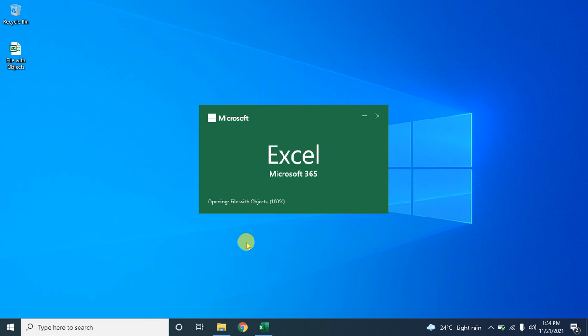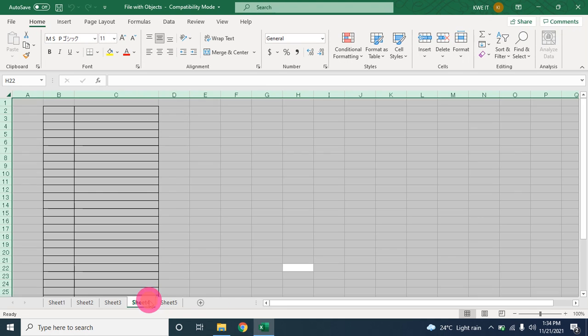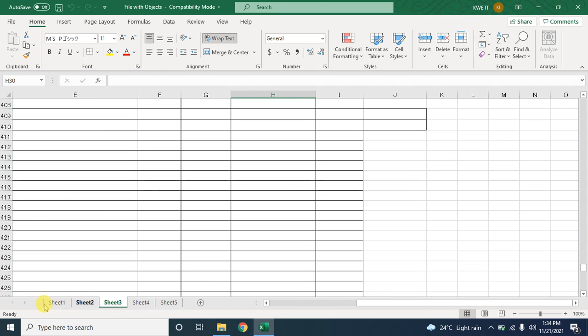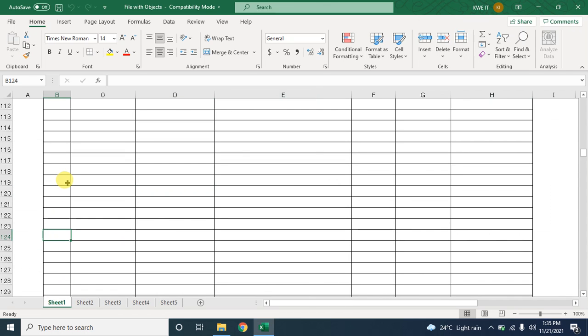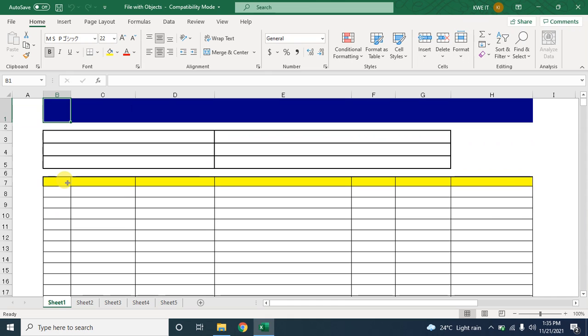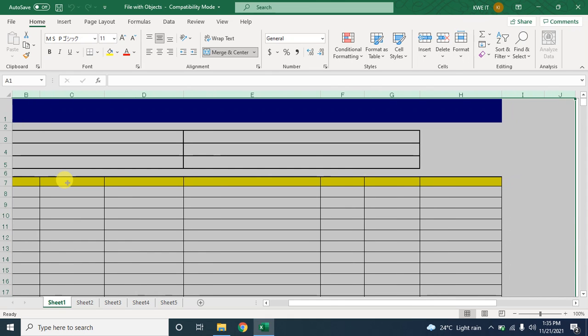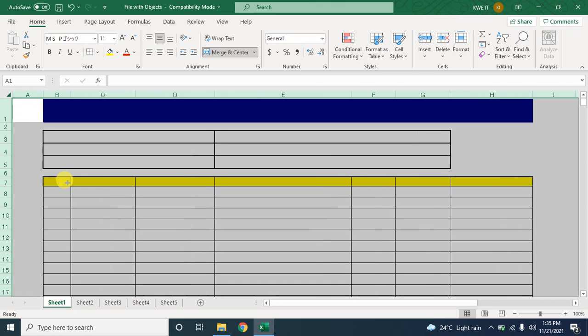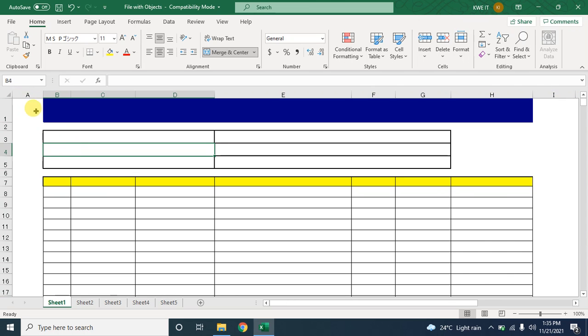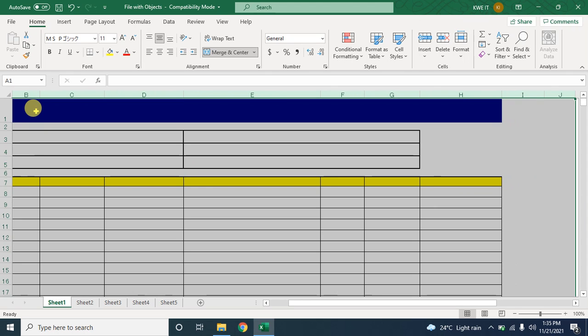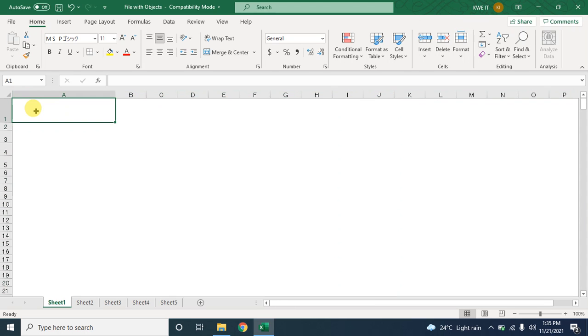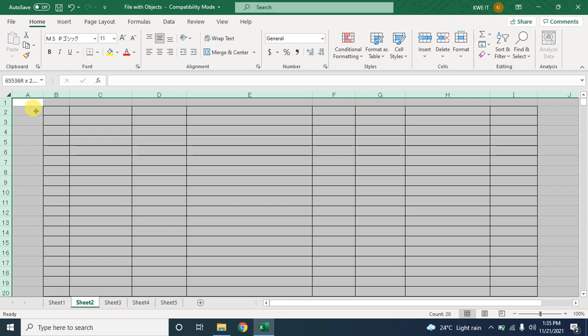This file contains nothing, only some formatting, which I'm going to delete, because even without data it's still taking so much time on this i5 10th generation. Here we have 5 sheets, but this sheet is still hanging. Yeah, it's opened. These are blank sheets, but some formatting is there, so I can remove that also. I'm going to select everything and delete. It's not happening, so I'm trying again. Yeah, it's deleted.